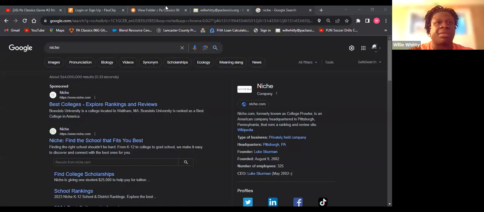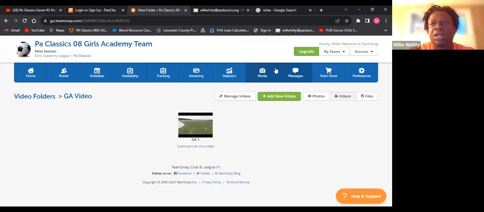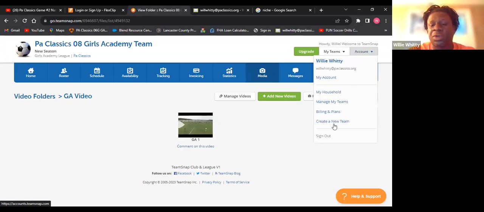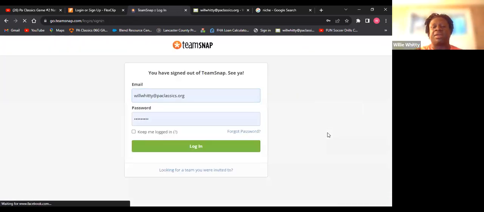So with that, I'm going to start, do a little screen share, get into what this looks like on a bigger scale, and just show you and start with TeamSnap, because that is going to be really the tool that we're going to be using a lot of over the course of the year. Move this down here, perfect.